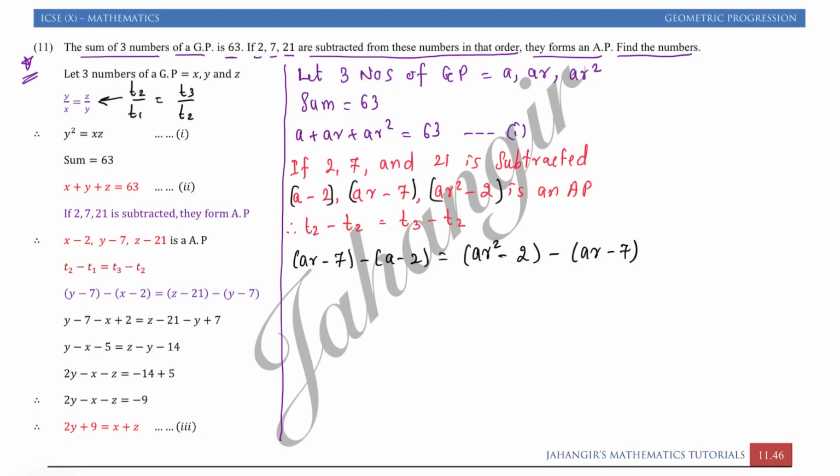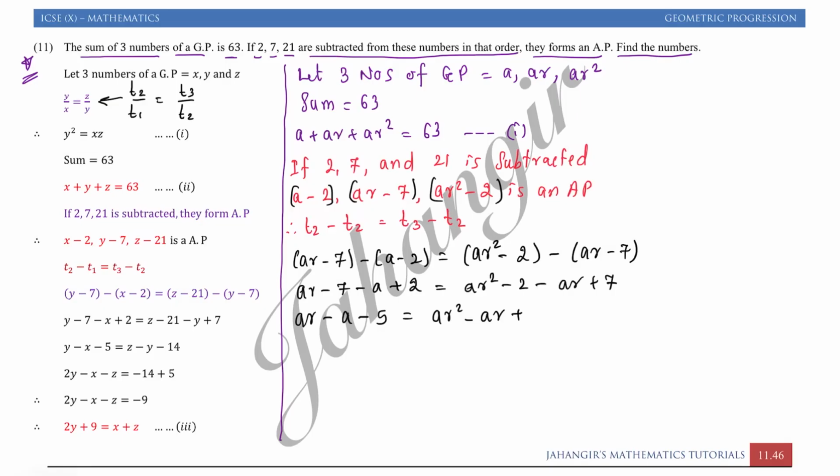Now if you solve the brackets, you will get ar minus 7 minus a plus 2 is equal to ar square minus 21 minus ar plus 7. So let us solve: ar minus a minus 5 on the left side, and on the right side ar square minus ar plus